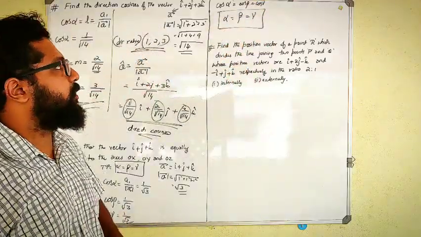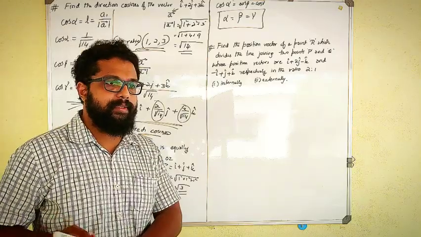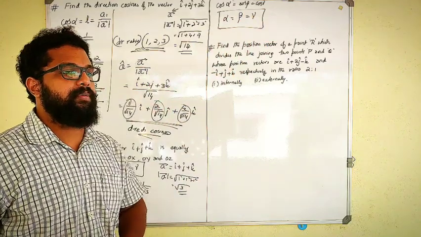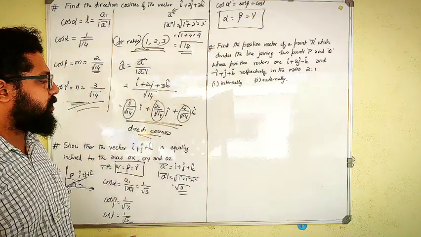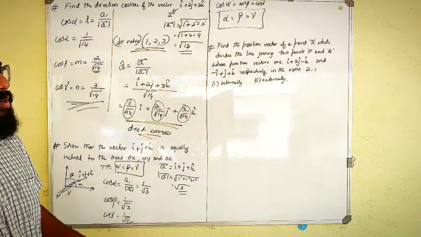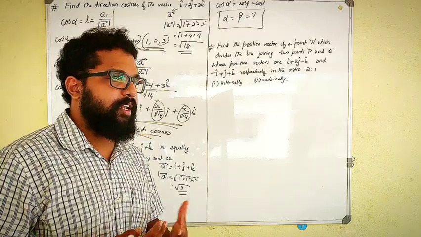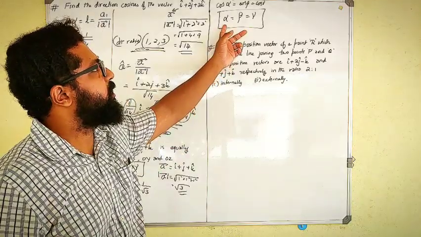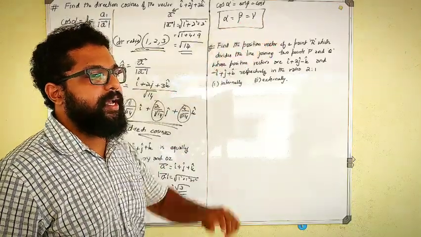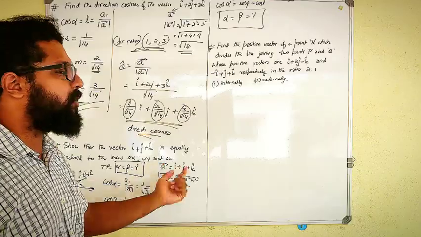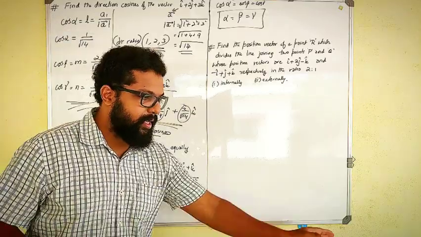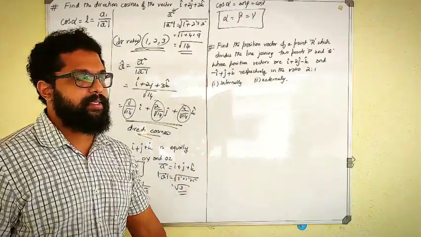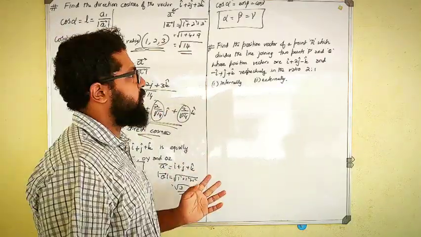Understood? So if the cos function of three angles have the same value, that means the angles are also equal. Clear? So understand this concept clearly. They are indirectly asking you to find the direction cosines and then prove that all the angles are equal. So you can say that they are equally inclined to the axes OX, OY, and OZ. OX is my x-axis, OY is the y-axis, and OZ is the z-axis. So this is what they are asking you to prove, and that is done.